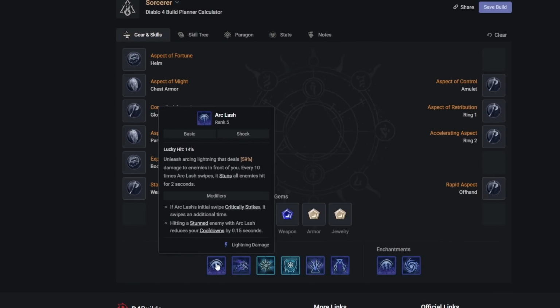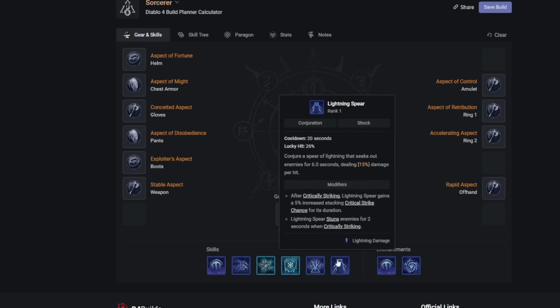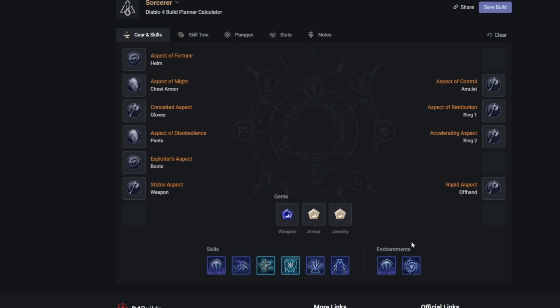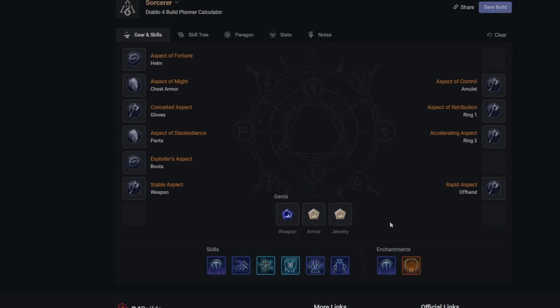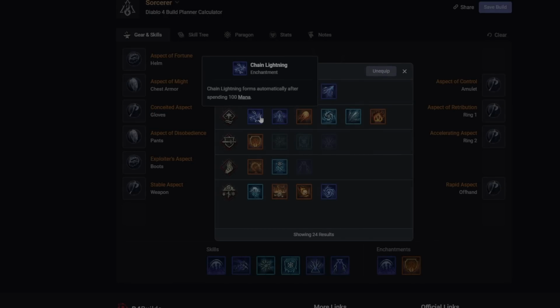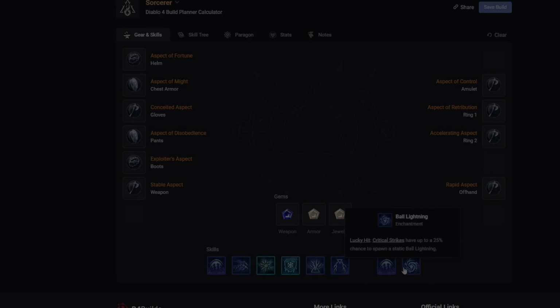The skills you use are here: Arc Lash, Unstable Currents, Frost Nova, Ice Armor, Teleport, and Lightning Spear. For our enchantments, we want Arc Lash and Ball Lightning. You can also swap in Flame Shield if you so desire, if you're a bit of a hardcore gamer. I still probably would just keep it this, though. Both of these are pretty good. Ball Lightning aspect is...